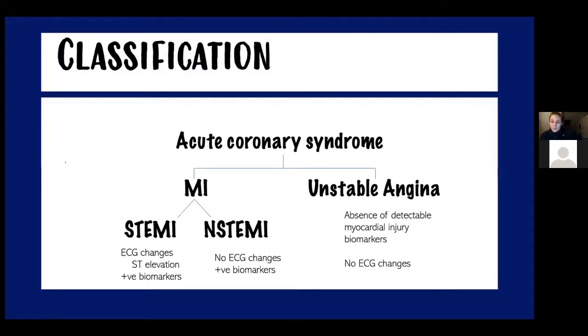And then the final one is your unstable angina. That's when you don't have any changes to your biomarkers. So your troponin will come back normal, and then you've got a normal ECG. There's no changes. There's always a few anomalies, but that's the general rule when it comes to classifying the ACS,